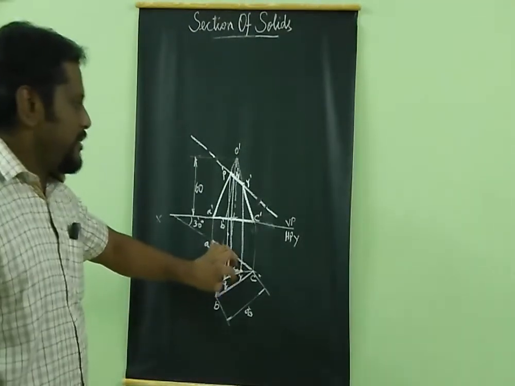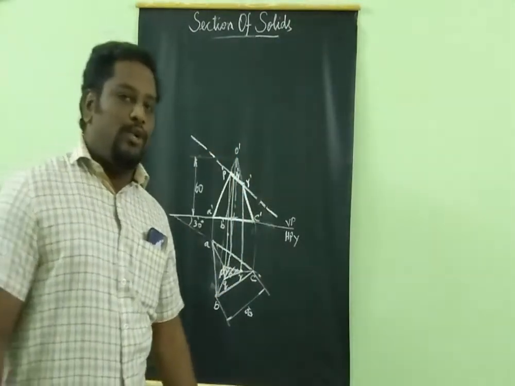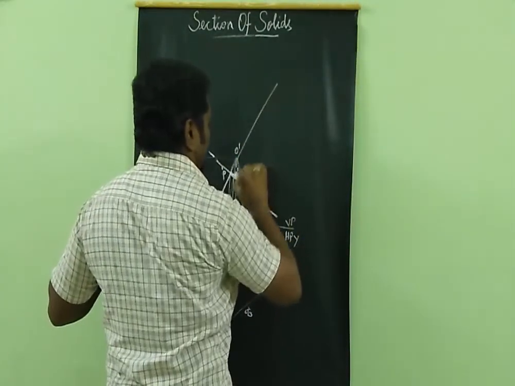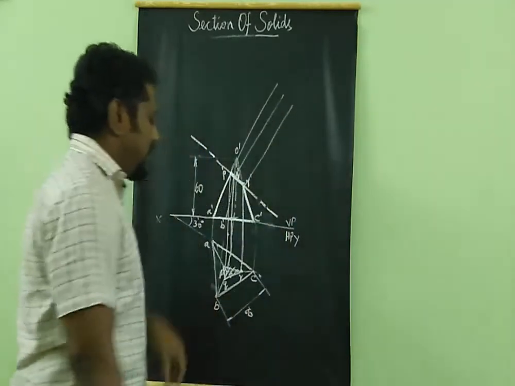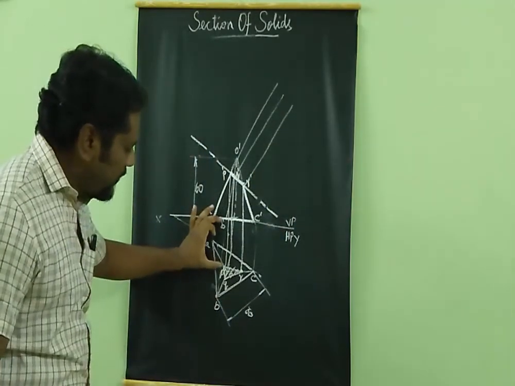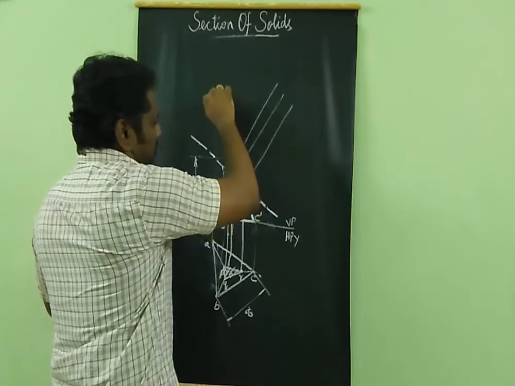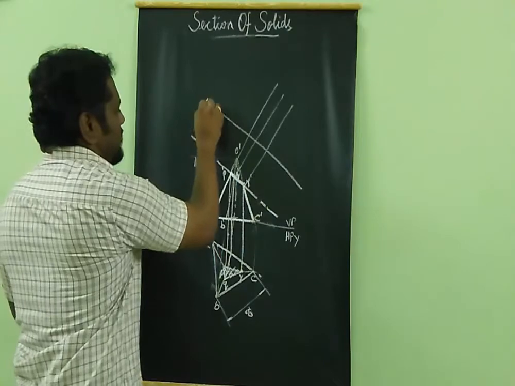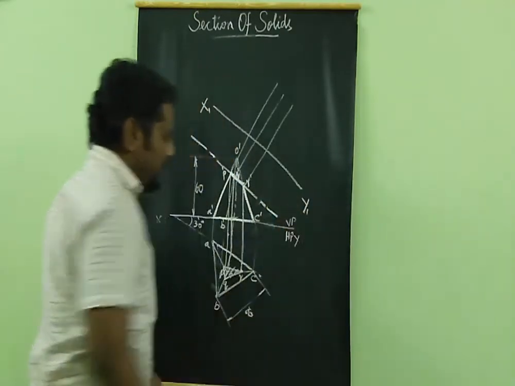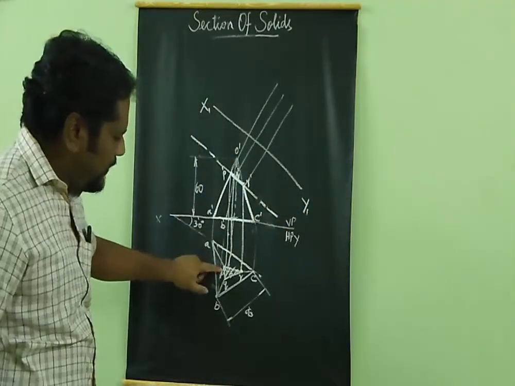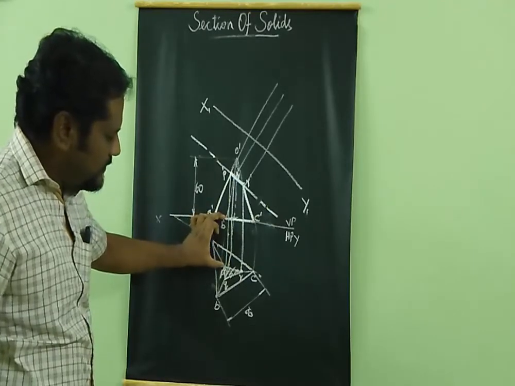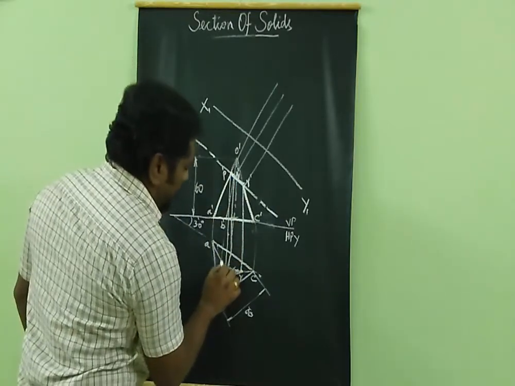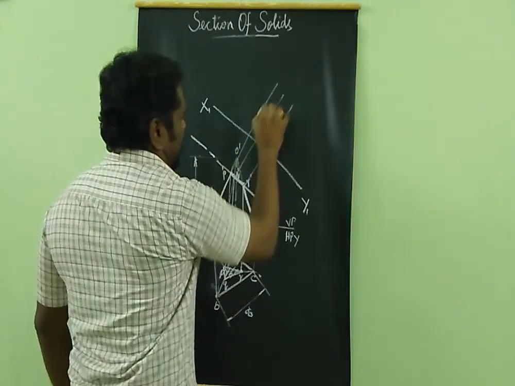The same position you have to transfer here for the true shape. Now what do you have to do? From the cutting points, draw the vertical lines like this, right? Then you have to make a line parallel to the cutting plane. Mark it as X1, Y1. Then you have to measure the point P from the XY line. Take this distance in your compass and cut the arc on the point P dash line. This is your point P dash. Cut the arc.